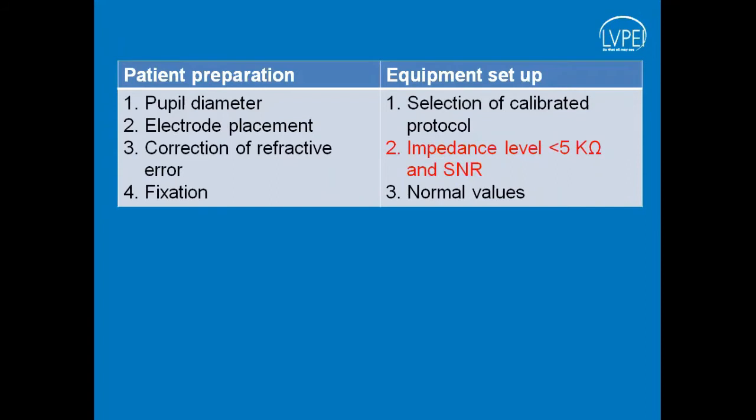Now, during VEP, there are two protocols. One is flash VEP, one is pattern VEP. Pattern VEP is completely dependent on visual acuity. If the patient can target the stimulus pattern, then pattern VEP would be helpful. But in cases where the pupil is dilated or the patient cannot be attentive to look at the target, the test response could be affected. So the patient should be attentive throughout the test.